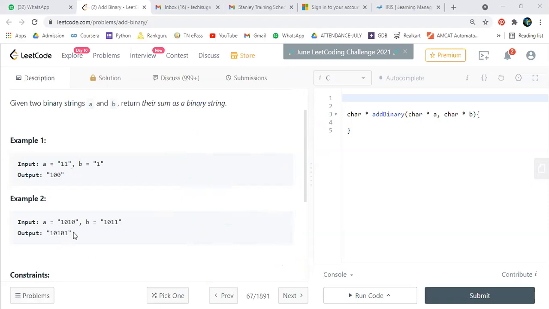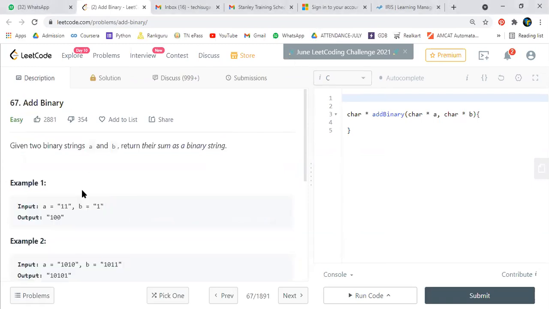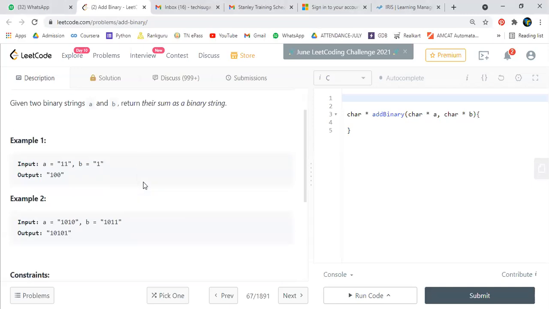If there is any doubt in it, I'll share this question in the chat box, guys. You can have a snap of it. So by Monday, we can discuss these two programs. Meanwhile, I want you to work on these programs, guys. Take your own time, work on this program. We have a lot of questions like this based on binary values. Is this question clear for everyone? Yes. Okay, fine.